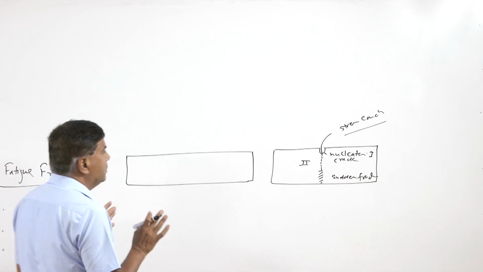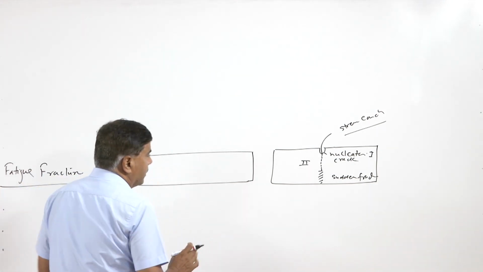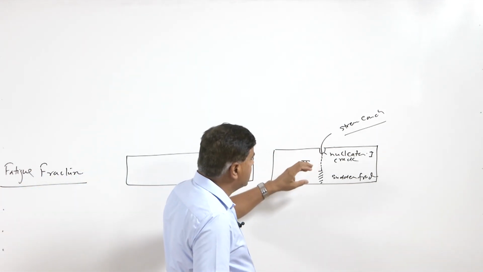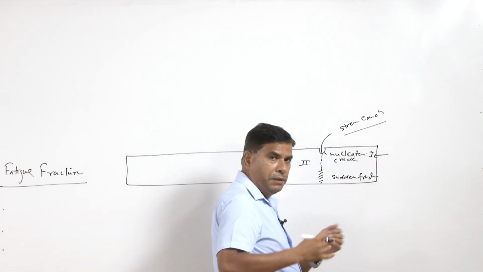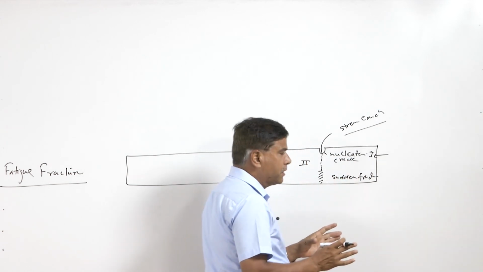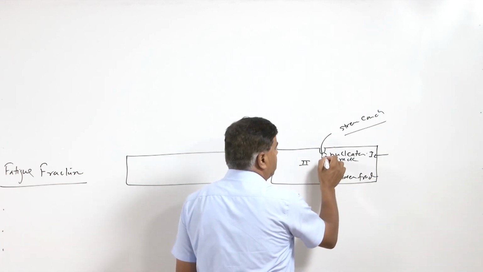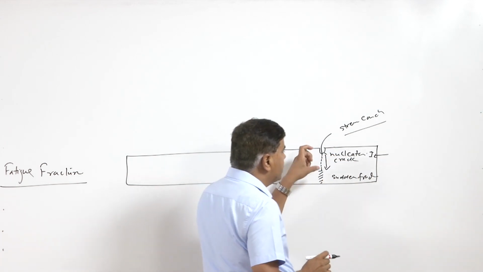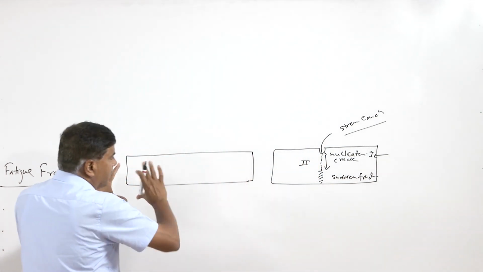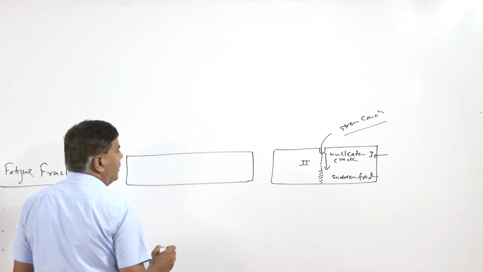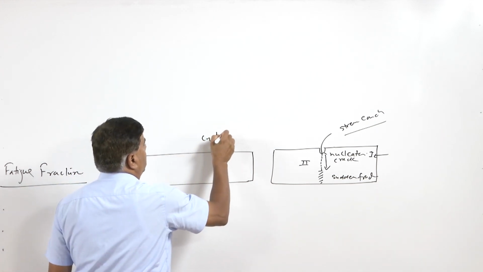In order to understand and appreciate all these stages, you see, if there is a notch, then the nucleation stage is completed earlier because of the localization of the stresses, but thereafter the material properties will be determining the rate at which it will be growing. On the other hand, when the component is new, even then under the cyclic load conditions,